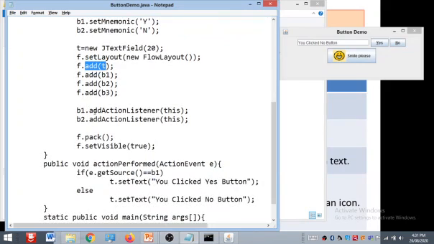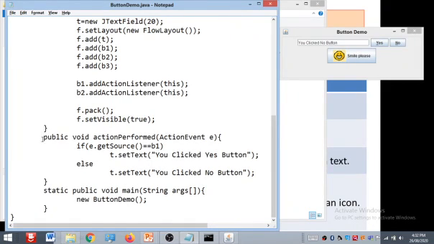Then after here we perform add action listener on this, B with B1 and B2. And then we use F dot pack, and that's why whatever space is required, only that much space the component occupies. Then after we are going to say set visible. Because by default the visibility is false, so here we want that particular frame to appear on the screen. For that we say frame set visible, so it will show in front of us.